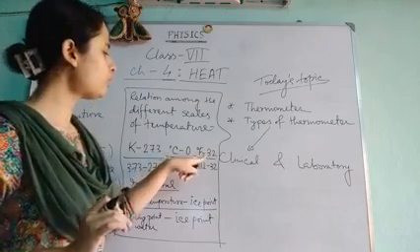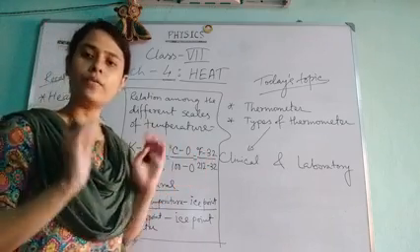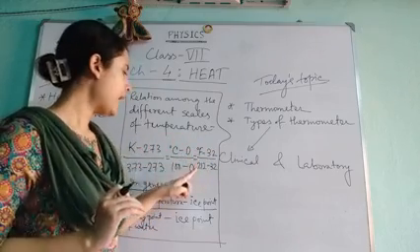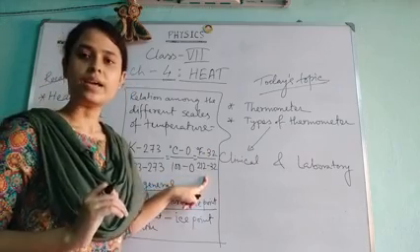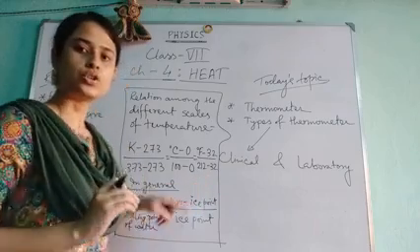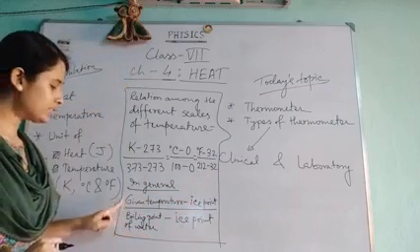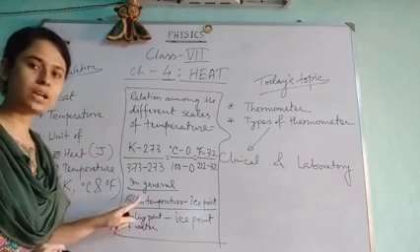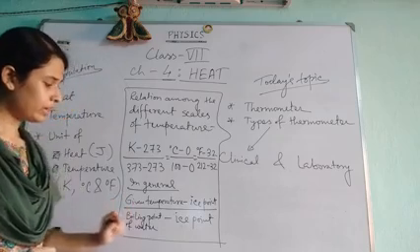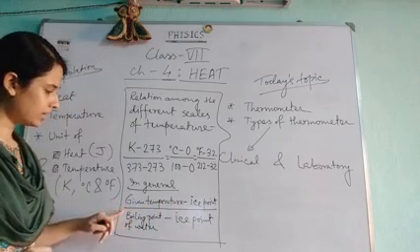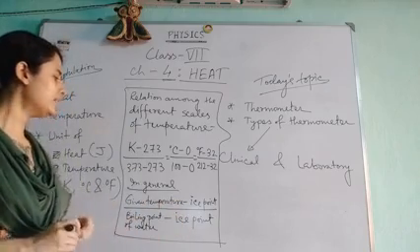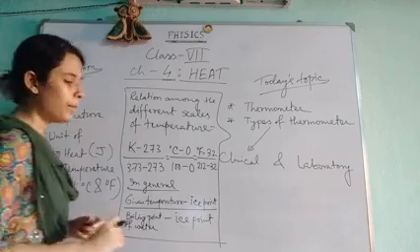Similarly, here also for 32 degree Fahrenheit we will get the ice. That is, this is the ice point for the Fahrenheit scale, and 212 is the boiling point of water in the Fahrenheit scale. So if you can remember this general relation, that is given temperature, whatever temperature you are given, minus the ice point divided by the boiling point minus ice point, so you will get the required scale.